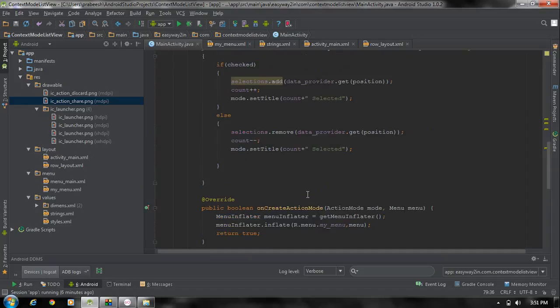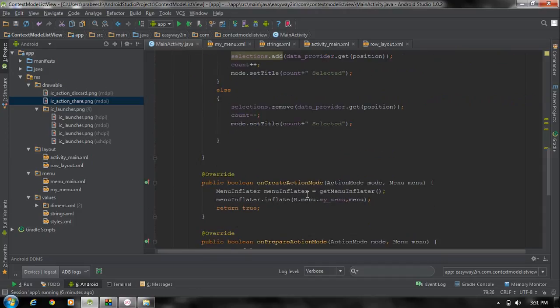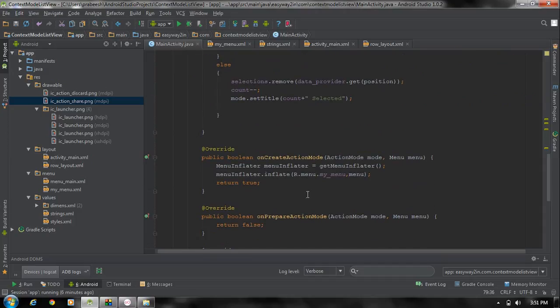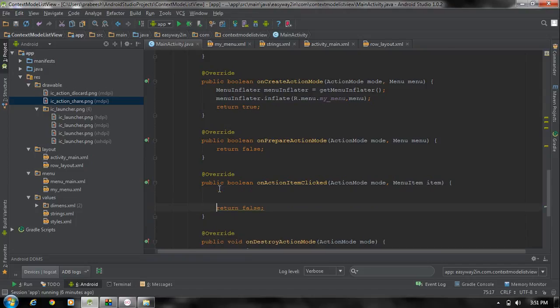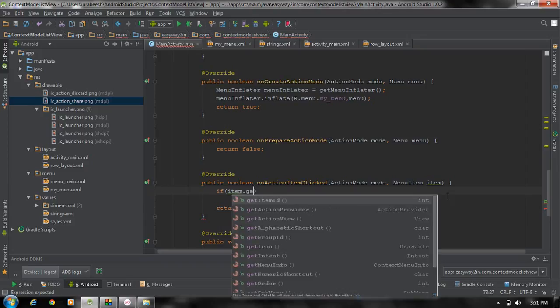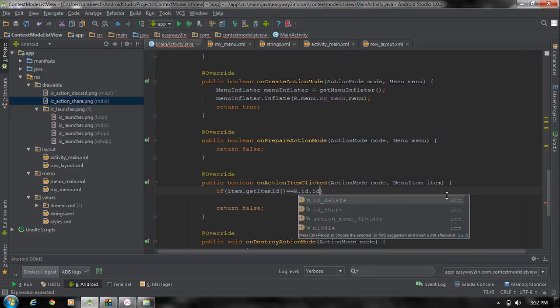Okay, so after making the selection, the user wants to delete that particular item. So if the user selects an option from the action mode, this method, onActionItemClicked, will be invoked. So here we have to make the delete operation. First we have to find out which option is actually selected by the user. We can find it out using the menu item object. So if item.getItemId equals R.id.delete button,